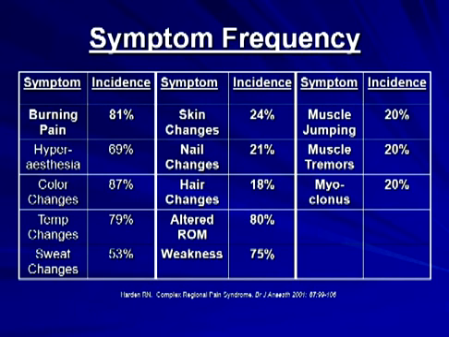It doesn't necessarily have to be burning pain. And if you go down the list of the symptoms that occur and the signs that occur, you can see that not all the patients have all of the changes. It's not 100% have to have every change. And that's why those criteria say it's like a Chinese menu. You pick one out of this column, one out of that column. You have to have all of those.